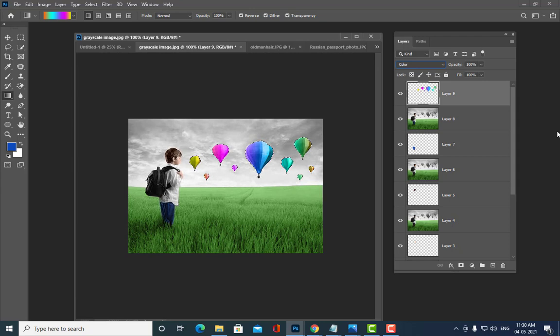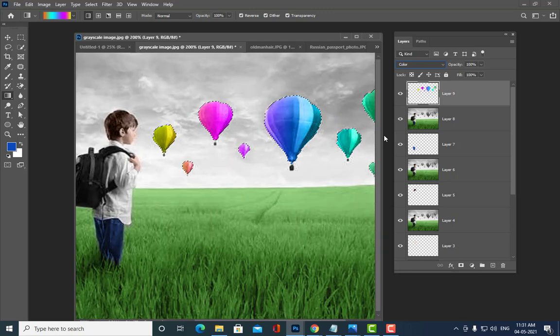Yes, sir. Okay, see, now see, I am going to invert the selection. I will now invert the selection. So how to invert the selection? Anybody can tell? Control Shift I. See, there is a difference between Control I and Control Shift I. Okay, so Control Shift I. Right. So now I have inverted the selection.